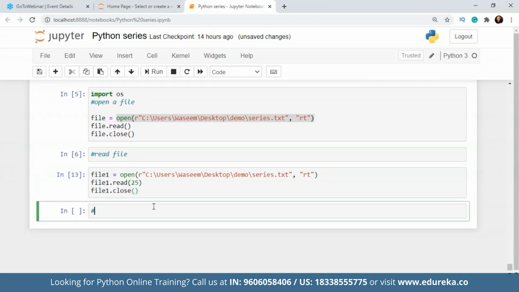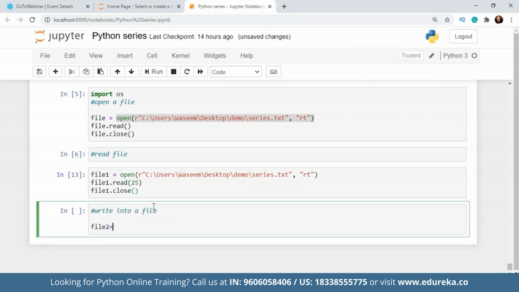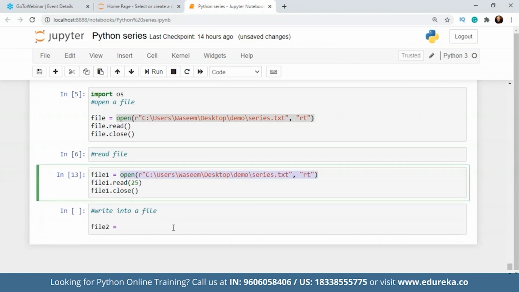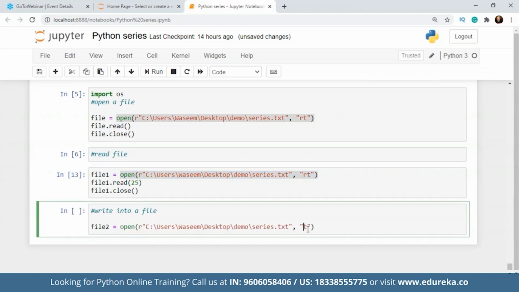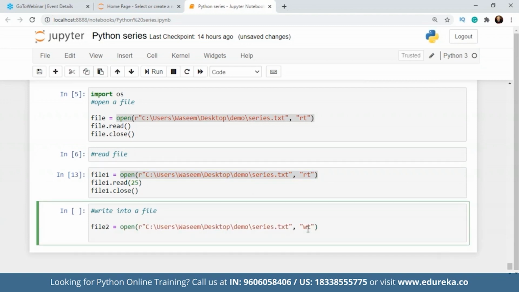Now what I want to do is write into a file, guys. So to do that, we'll make file. Okay, so we'll write it as write into a file. Now to do that, I will make one more variable, let's say file2. I'll copy this. Now instead of wrt, I'll write wt because I want to write into the file. So I'll write file2.write, and whatever I want to write over here is going to overwrite the content